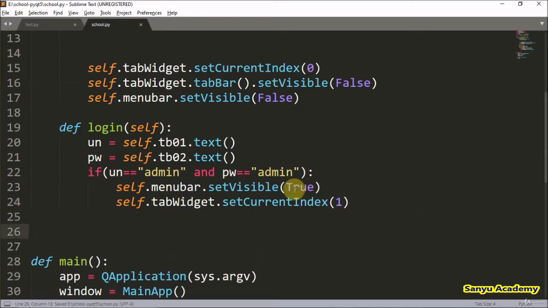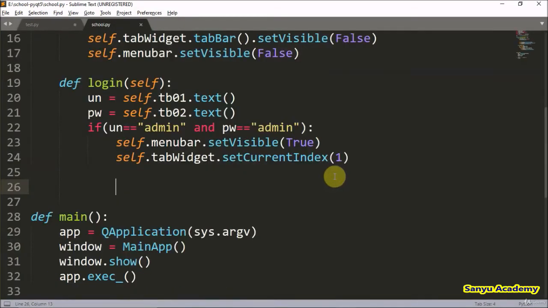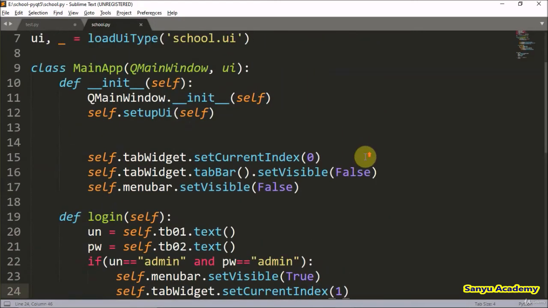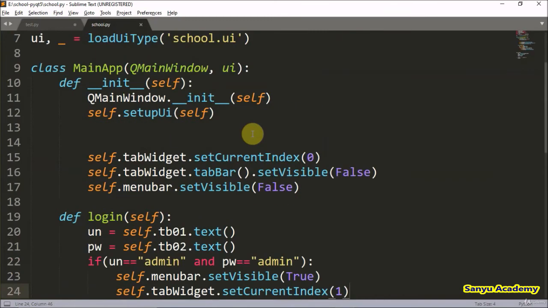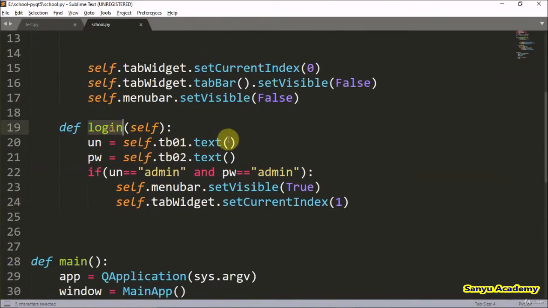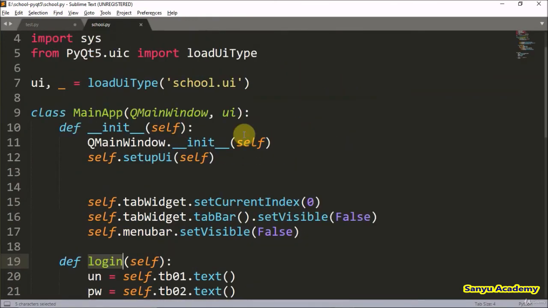but we will not show the tab bar titles, so the member cannot go to the other forms. Only it will go to the next form. Through the menu only the member can access all the other forms. So we have enabled the menu. Now we have to add the login form to the button 1. To do that,